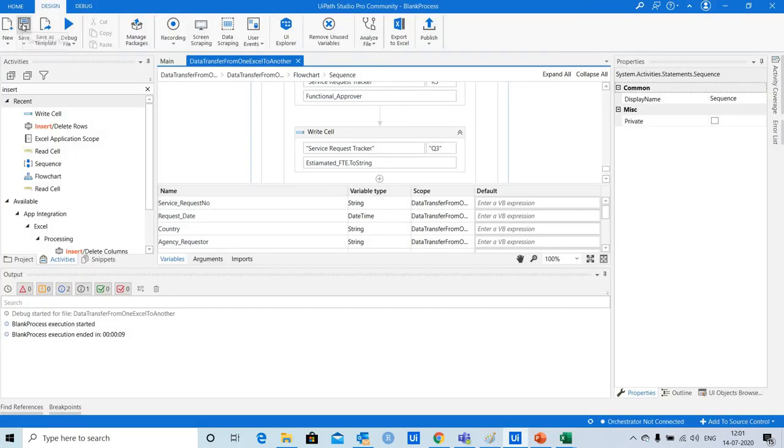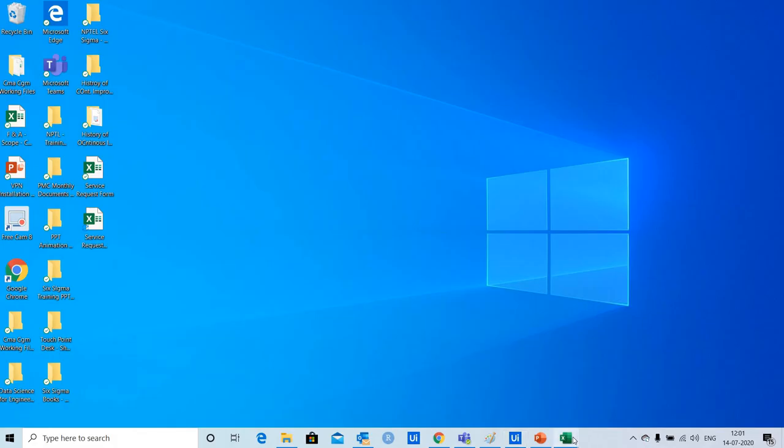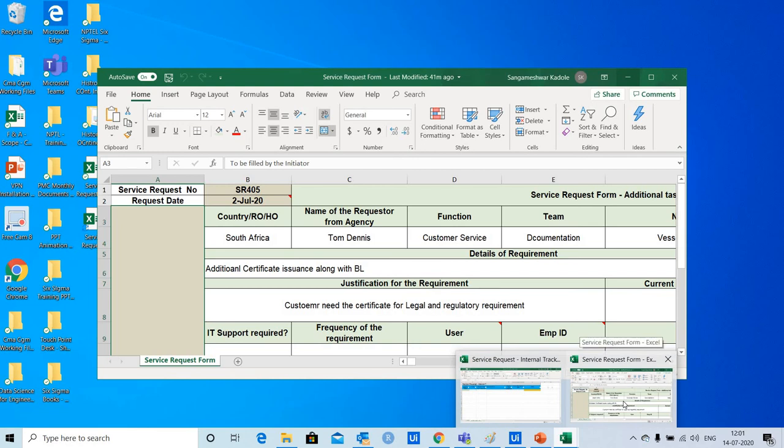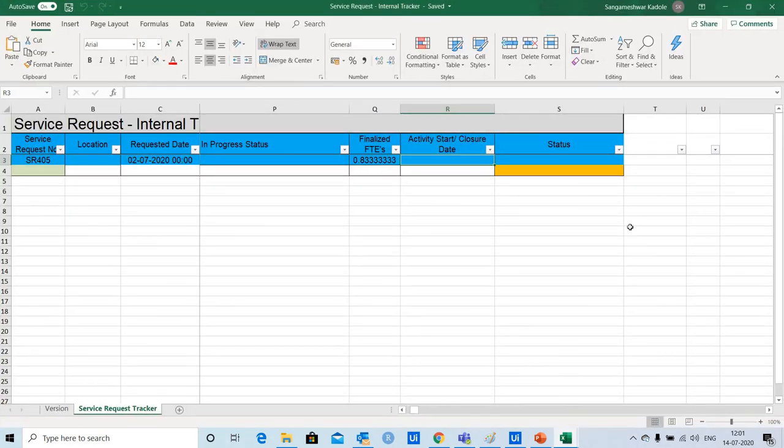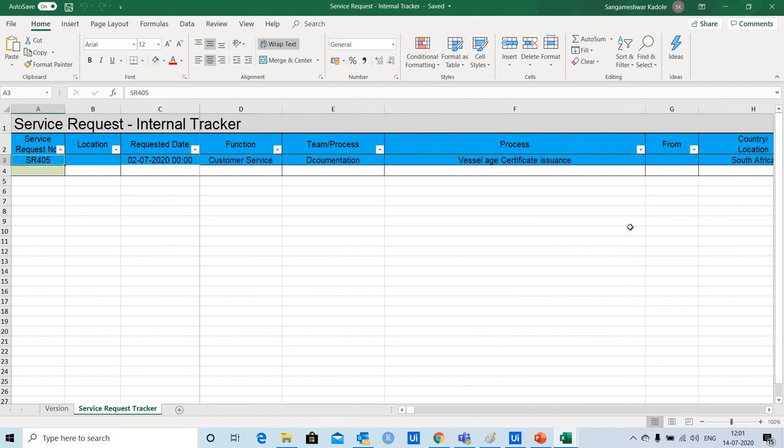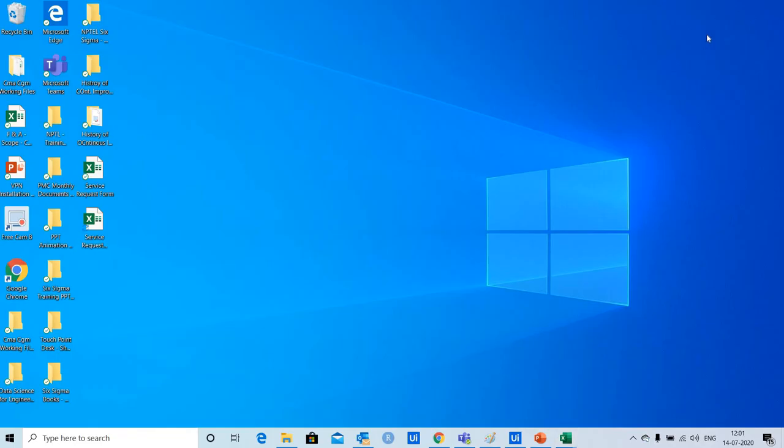Let me save this again and go back to internal service tracker file. So friends, you can see how easy it is to capture data from one particular Excel file and write to another Excel file using UiPath Studio.